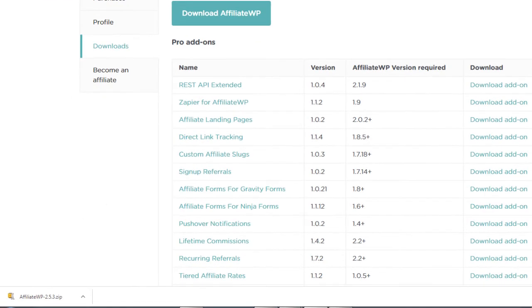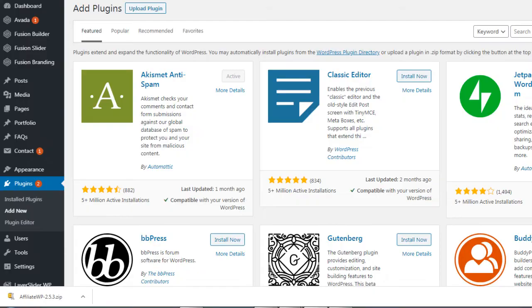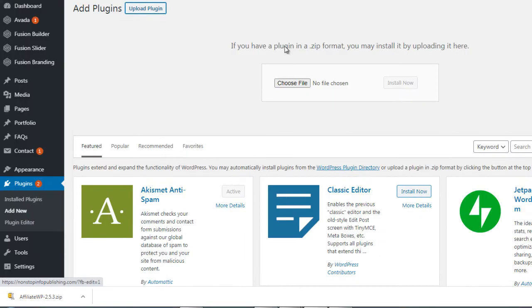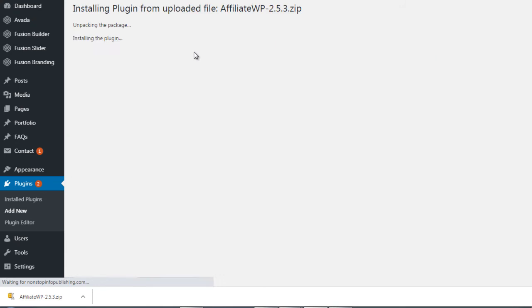I'm going to install it by going to my WordPress dashboard like so. Click on upload, click on choose file, and choose the file and click on install now. And this will upload the plugin to this particular WordPress site. And click on activate plugin,